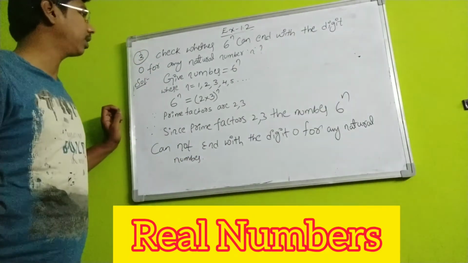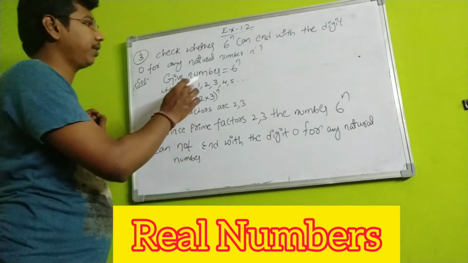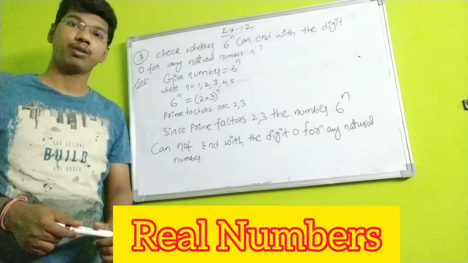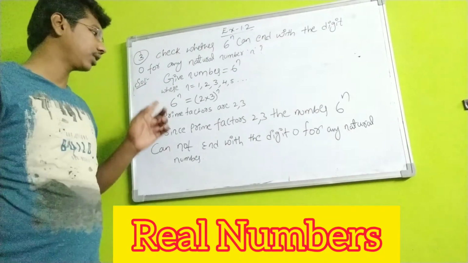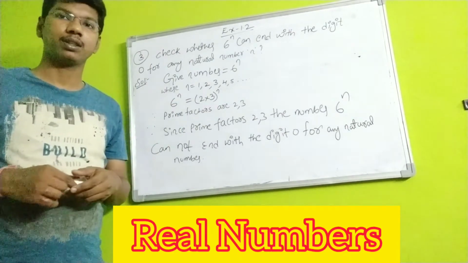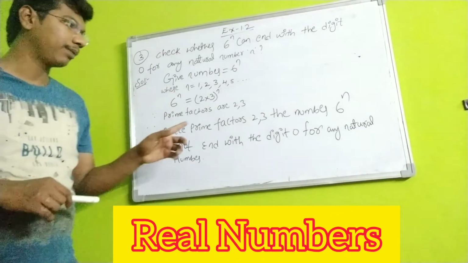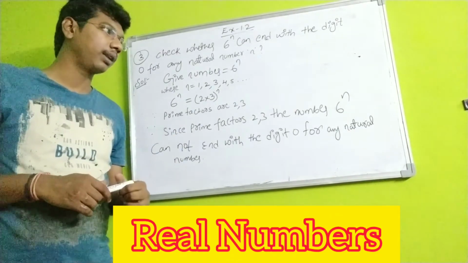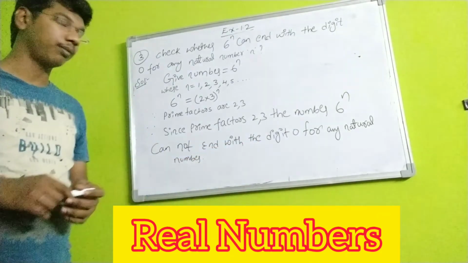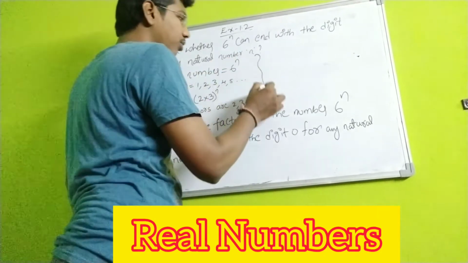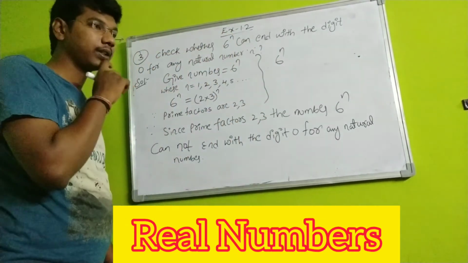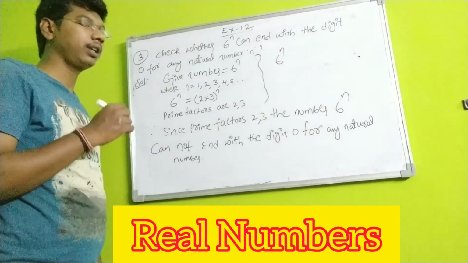That's the answer, students. Again I am repeating. The given number is 6 power n, students, where n is a natural number. Natural numbers start from 1 and so on. So now 6 power n is equal to, write the prime factors of 6, that is 2 into 3. Therefore the prime factors are 2, 3, and the number 6 power n cannot end with the digit 0 for any natural number. Why? Because I am showing the proof, students. Take 6 power n as our number, where n is a natural number, starting from 1, 2, 3 and so on to infinity.